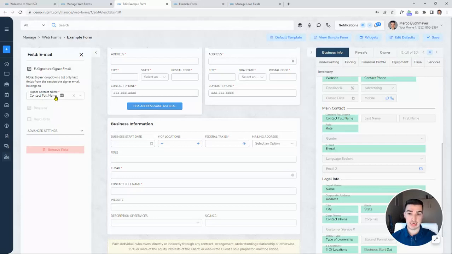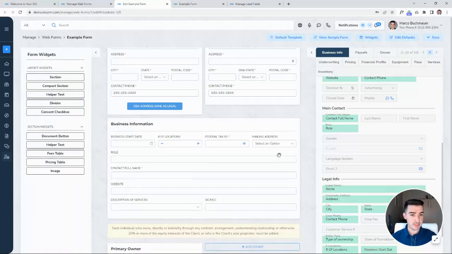And you can map a contact name to be used in the email templates for more personalization. So this is using the contact full name from my form as well. One nice thing is that Iris CRM will automatically do this for you if you map your eSign email special. So what I mean by that, and this field is actually the correct one that's mapped, but if I go ahead and remove it and I drag this over into my form to map it,